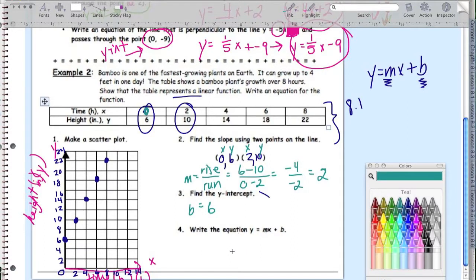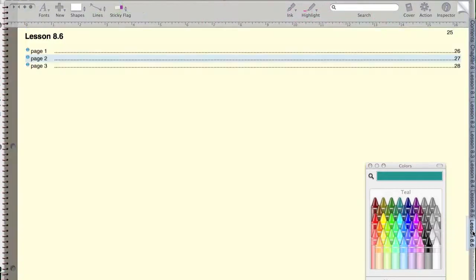Then I just write the equation in y equals mx plus b form. So slope-intercept form is going to be y equals 2x plus 6. There, we did it. We modeled this situation with a linear equation. Nice job, guys. Let's try a little